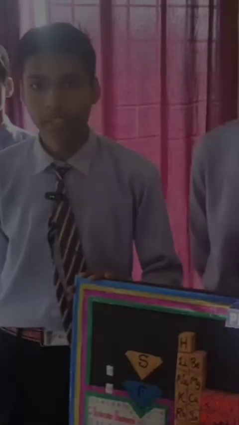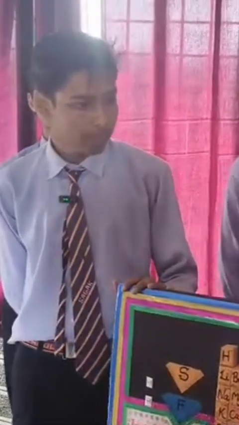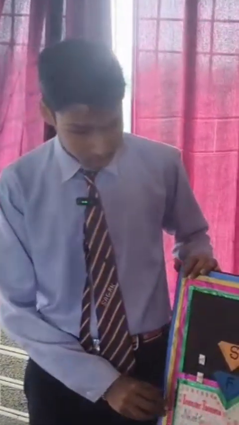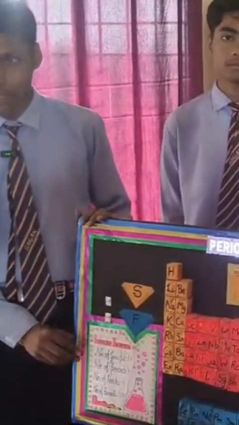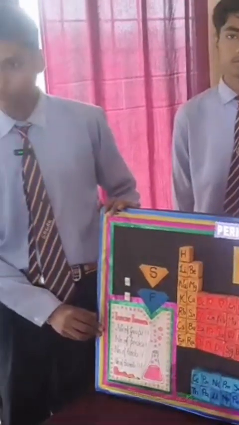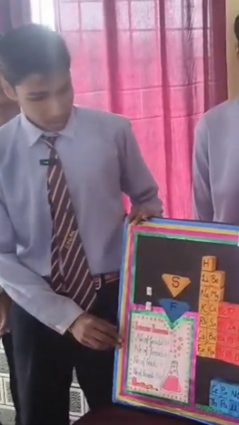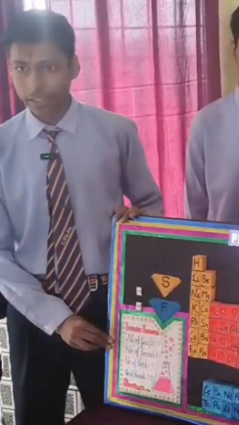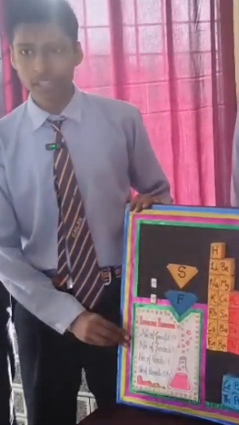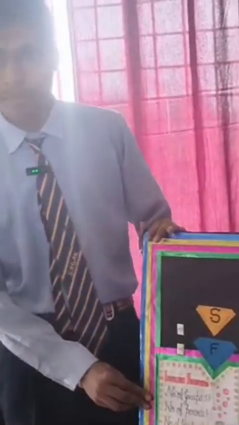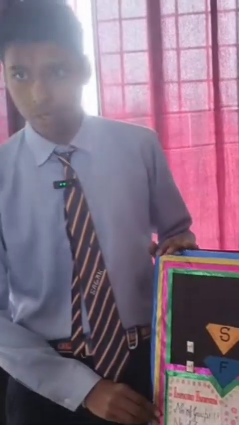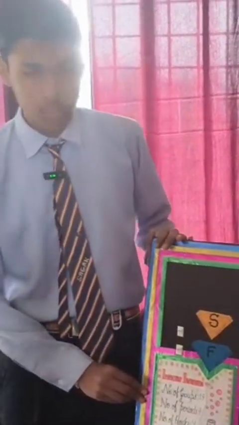My name is Aditya from 12th standard. Today I am here to introduce F block elements. F block elements include two series, lanthanides and actinides. Lanthanides are used in strong magnets and phosphors, while actinides like uranium and plutonium are highly reactive and used in